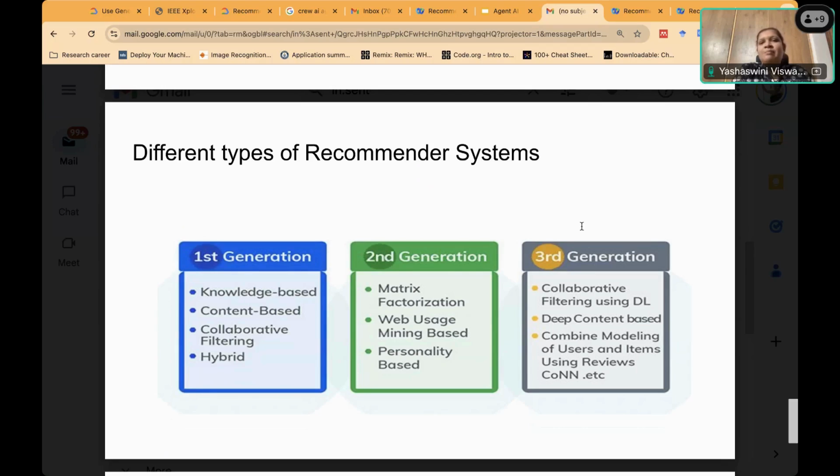Can you give me examples of items and product description? Is it groceries or tech products or anything like that? You can take a tech product.